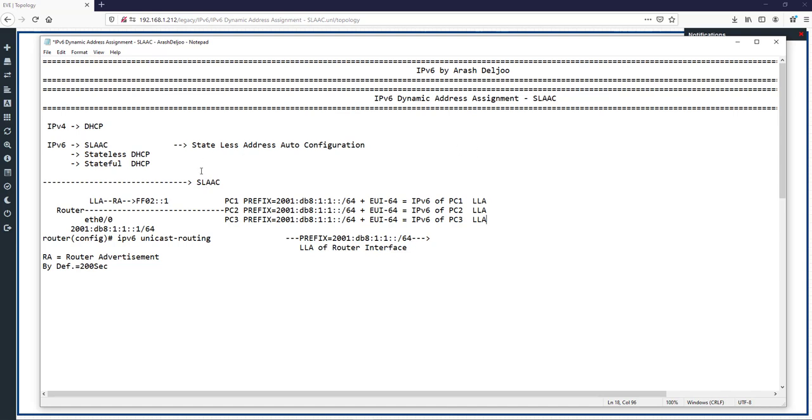This is the stateless address auto configuration. Maybe you ask me, what is the stateless address? Why are we using the term stateless address? Because this address is generated by the PCs and nobody has the state of the IP addresses of the PCs. For example, if you use DHCP, it gives you an IP address and saves your state, for example, the MAC address, for example, which system receives this